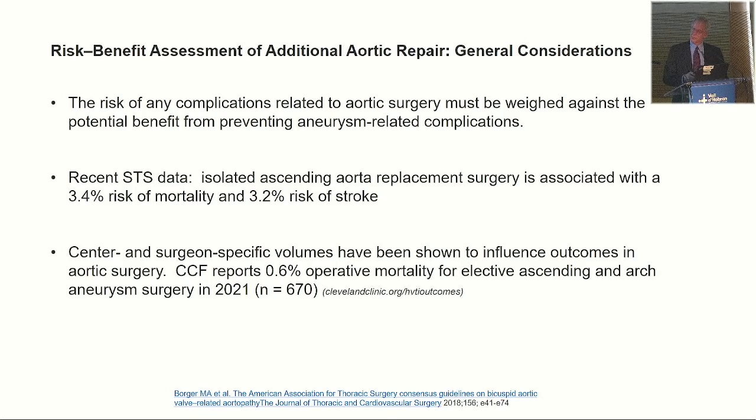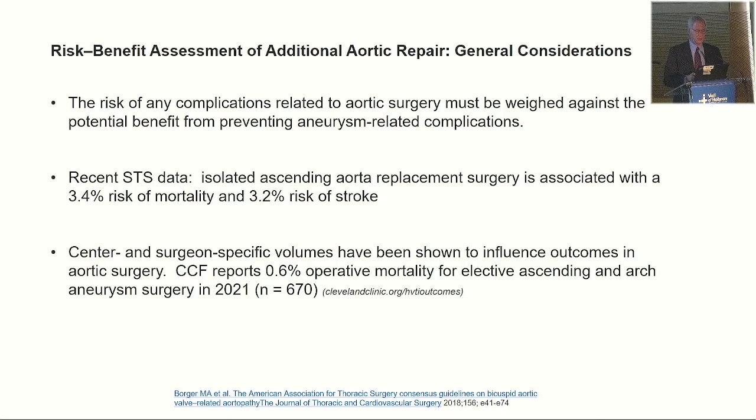And again, just as emphasized in Hector Michelena's talk, the risk of complications of surgery is different for the individual. It's based on one's age, other risk factors, and of course based upon the competence and expertise of the surgeon and the center. Looking at the recent STS data, isolated ascending aortic replacement surgery in all comers is reported to have about a 3% risk of mortality and 3.2% risk of stroke. If you look online at the Cleveland Clinic, the most current data to date would report a 0.6% operative mortality